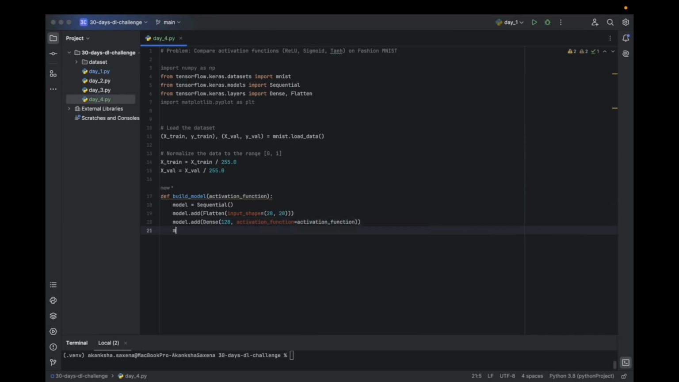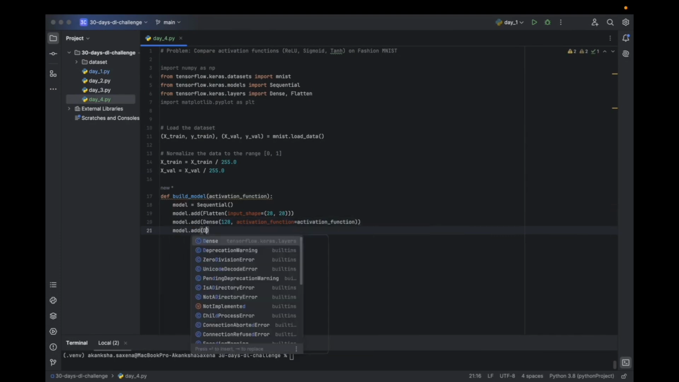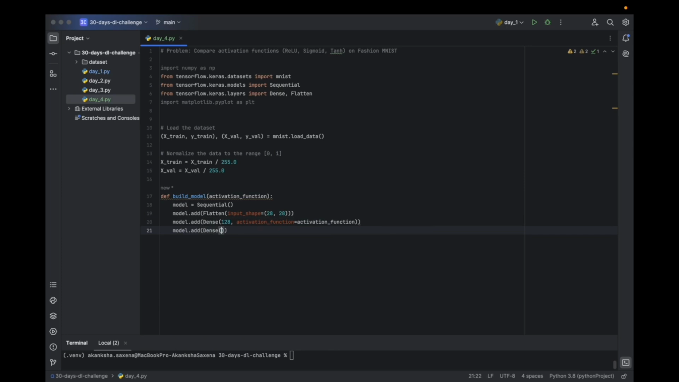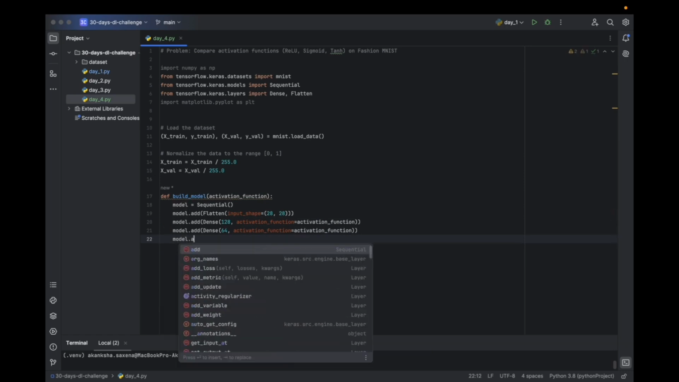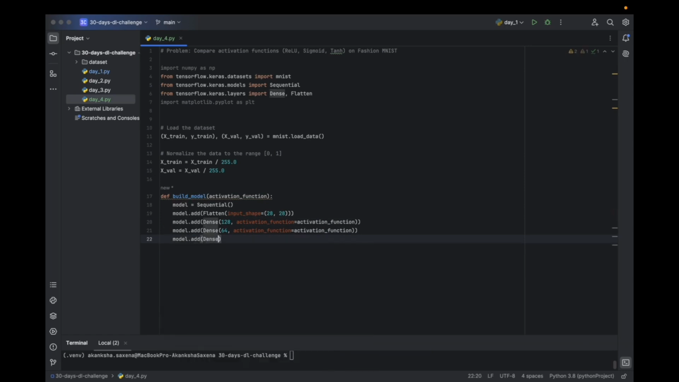And then we have another one, narrowing the neuron size down to 64. Now we will have an output layer, with 10 neurons for the digits 0 to 9. And here we are going to have the activation function